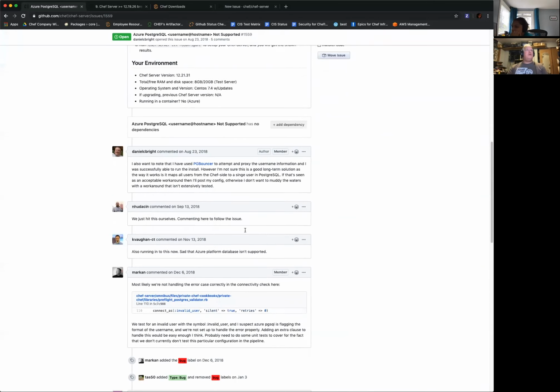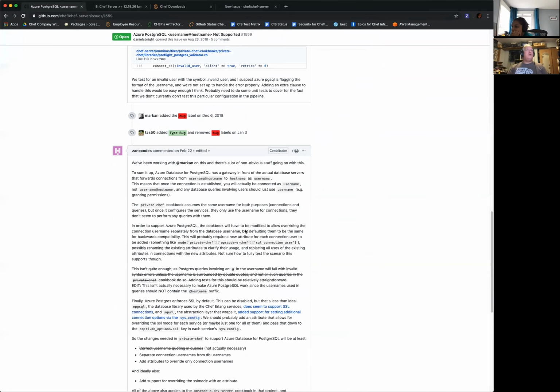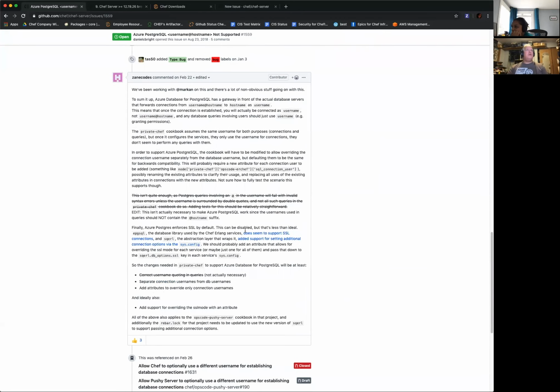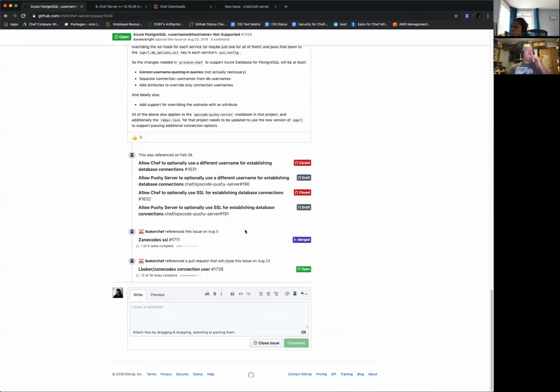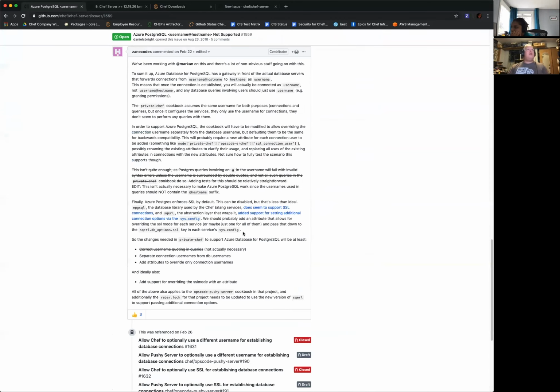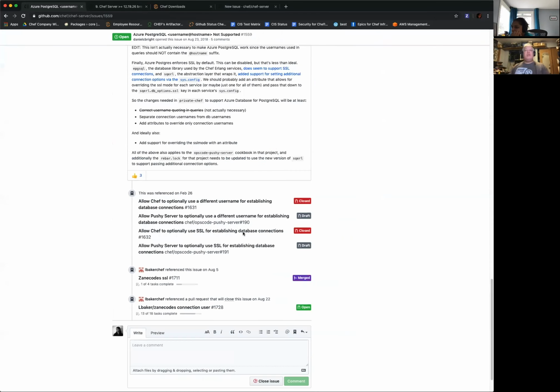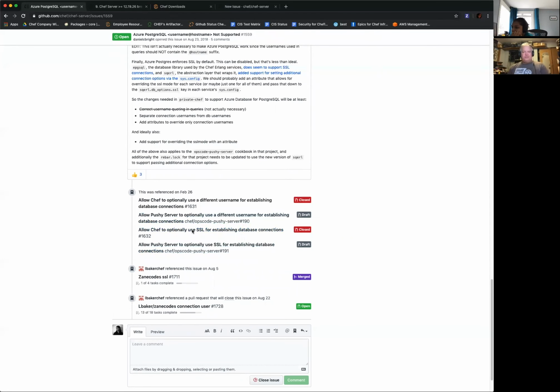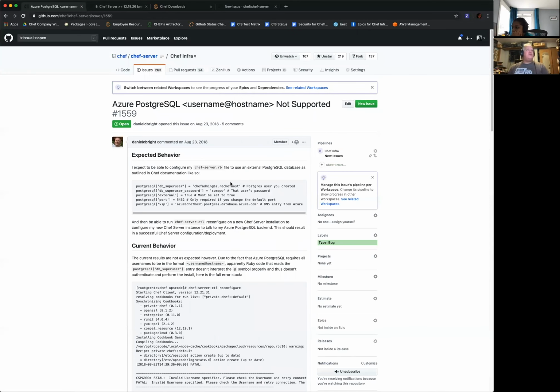Well, I wouldn't say it should be fixed because that PR is still in the works, but yes, this is from Zencode. Zencode wrote a really nice thing here. Let's just comment that at least a preliminary version of this should land in the next version of Chef Server.